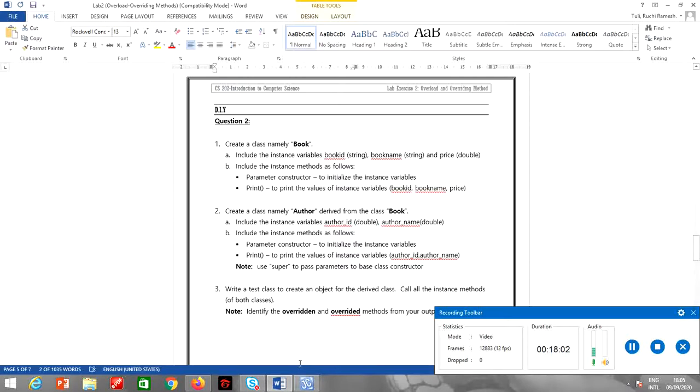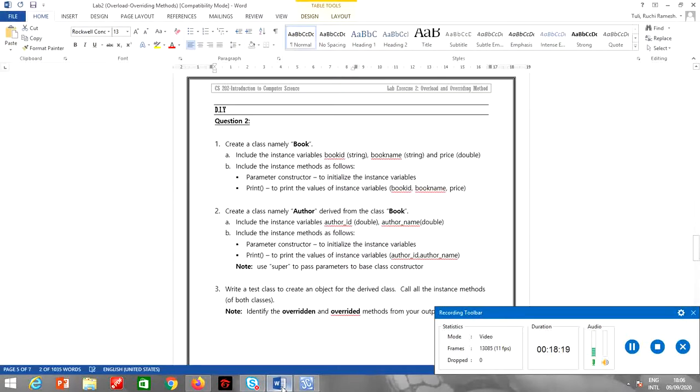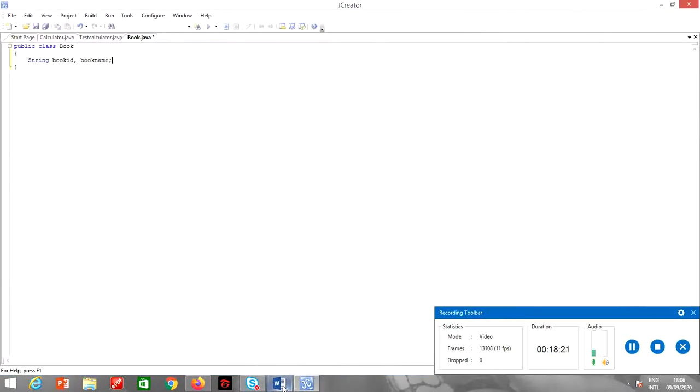Include the instance variables book ID, book name and price. So two string variables: string book ID, book name, and one more variable which is of type double, and it's the price. Double price.